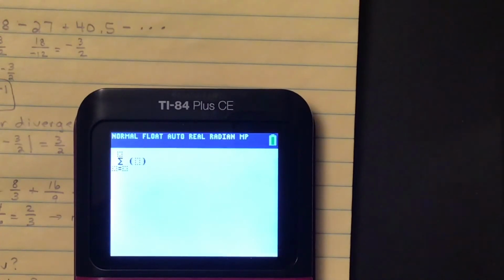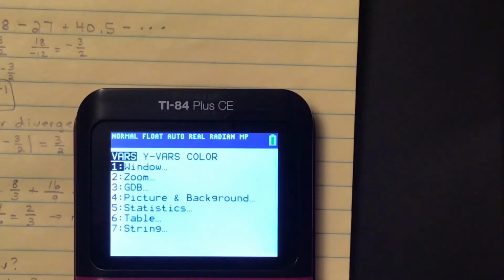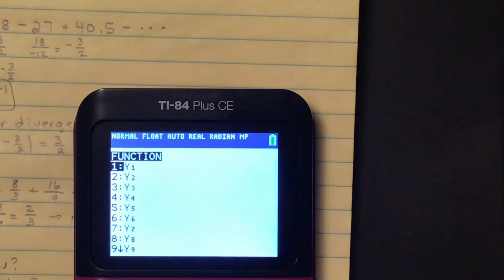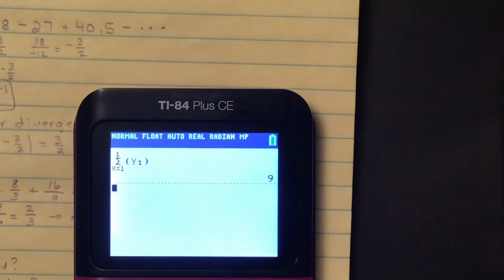So I'm going to type in x goes from 1 to 1. I'm just going to look at the first term of my partial sum series. And the function, we're representing our series with a function in y sub 1. So we're going to go to vars, y vars, function, and pull y1 out to use in the home screen. And when I do that, I get 9,